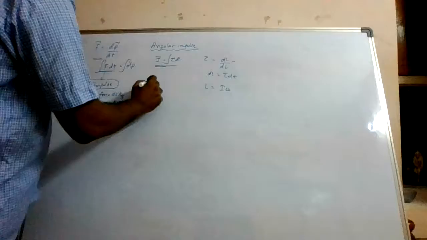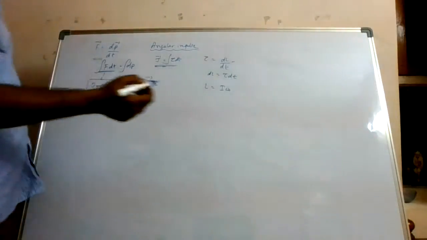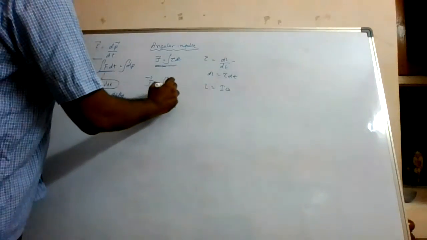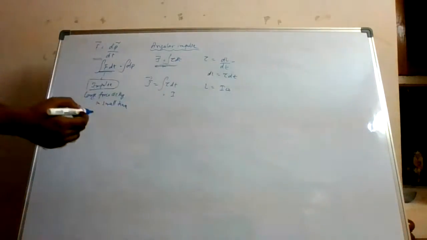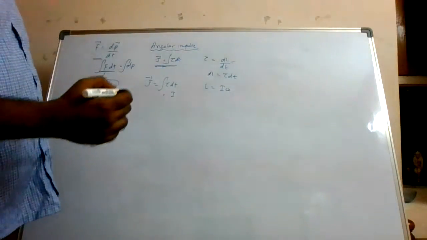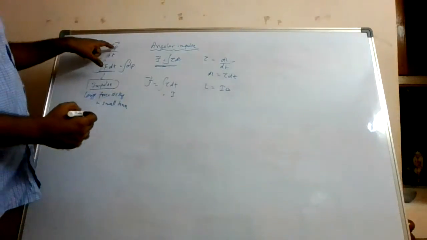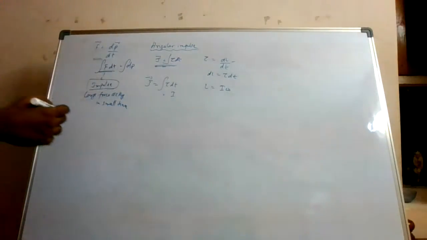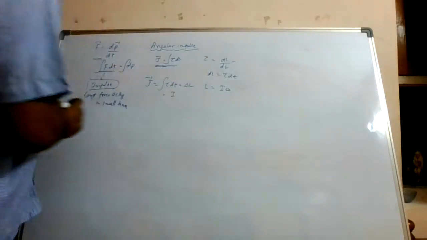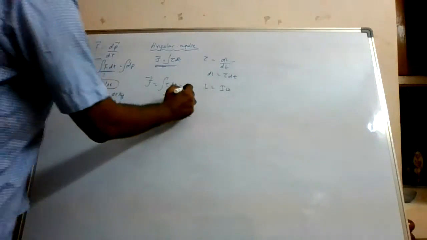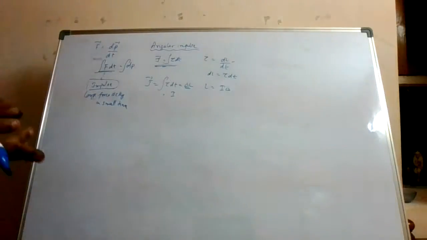So this J, which is the angular impulse, equal to tau dt, is also equal to change in momentum. You see here, F dt is equal to dp. Now, what is dp? Change in momentum. So you can write this tau dt equal to delta L. What is this delta L? Delta L is the change in angular momentum.